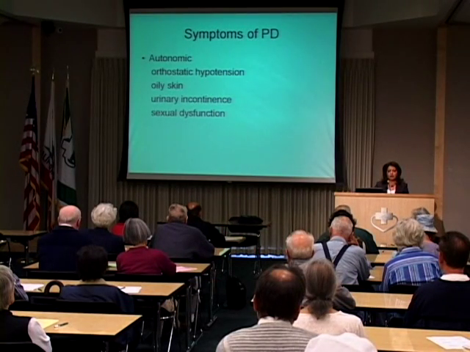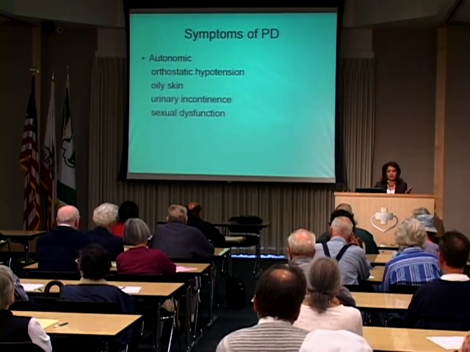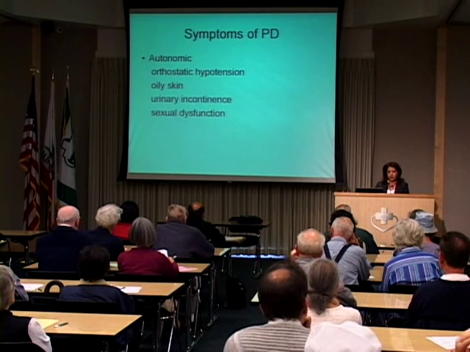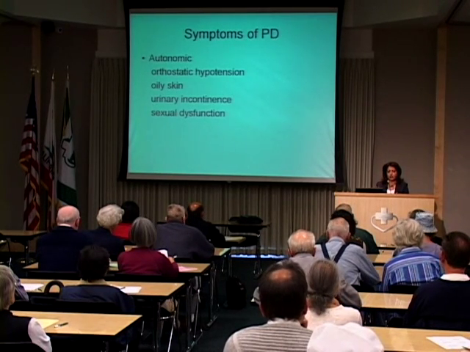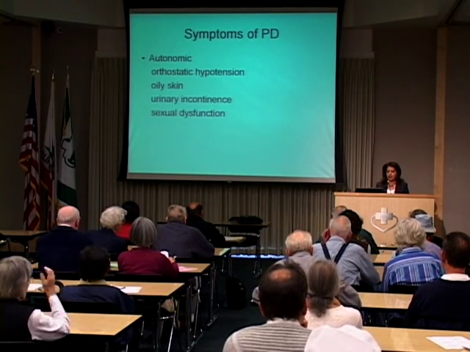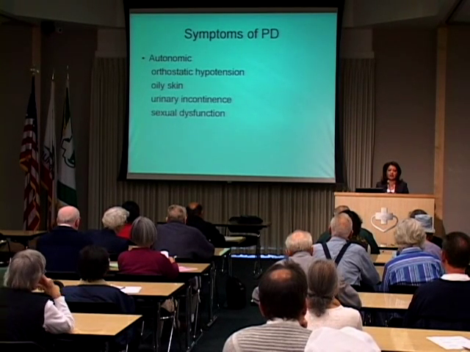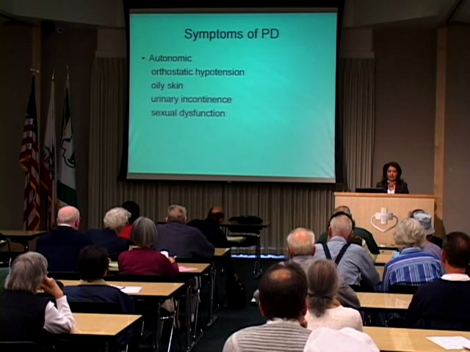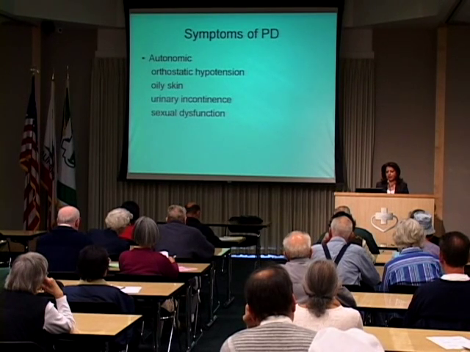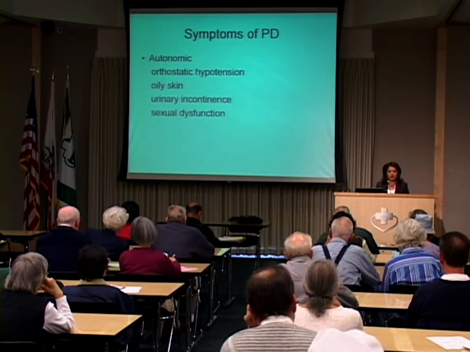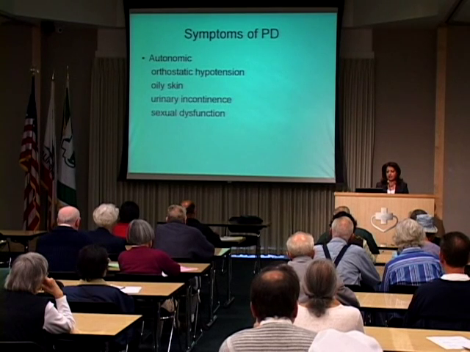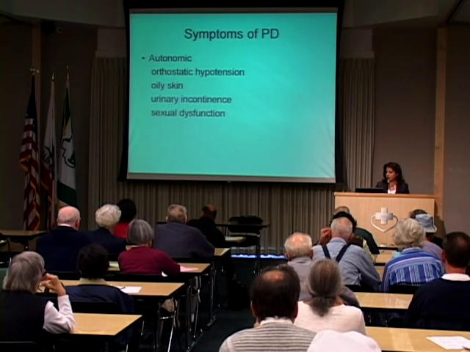Autonomic dysfunction. The central nervous system is the brain. The peripheral nervous system is considered as the nerves and the spinal cord. And there's a third system called the autonomic nervous system, which controls the blood pressure and heart rate. Some patients do have difficulty with their blood pressure, because when they get up suddenly from the chair or from the bed, they may fall because their blood pressure drops. Oily skin, difficulty controlling the urine and the bladder, sexual dysfunctions. These are considered autonomic dysfunctions from Parkinson's disease.